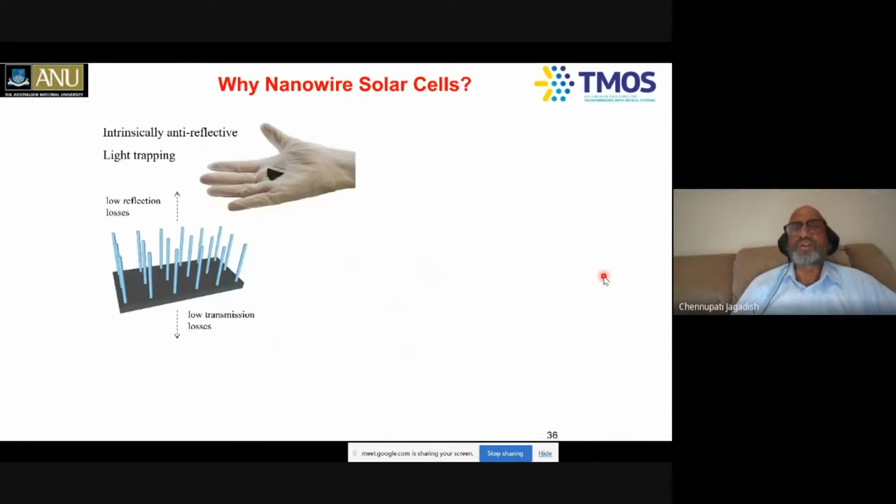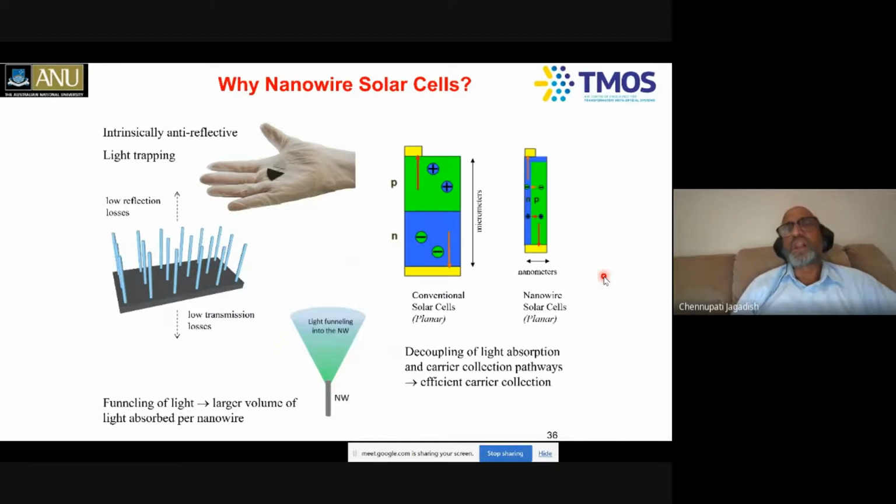So now let me move towards nanowire solar cells. All of you know about solar cells, and we all studied that you need to have a PN junction. You need to make a thick enough PN junction to absorb all the sunlight, and then the photo-generated carriers need to migrate long distances to contact the bottom and the top, right? For a thin film solar cell, for example. So when you say that the solar cell is 20% efficient, that means 80% of the photo-generated carriers from the sunlight have been lost to impurities or defects or surface states, for example.